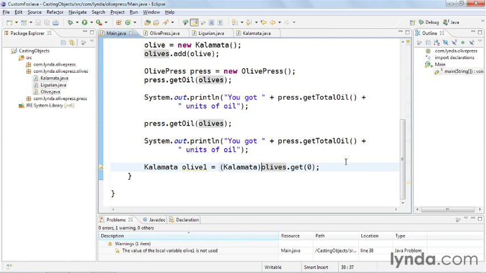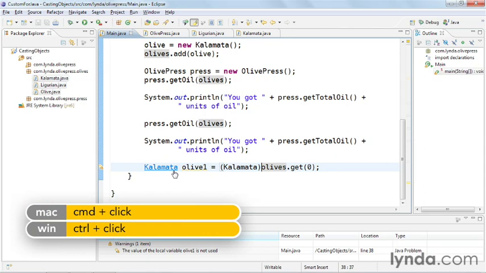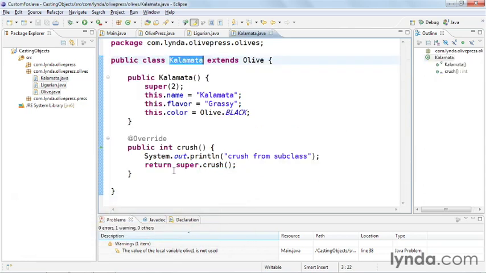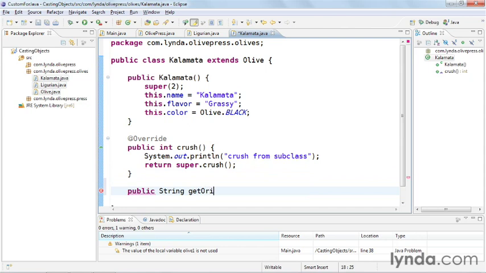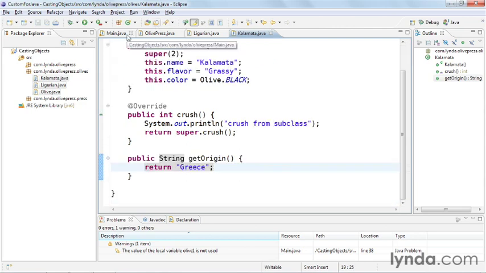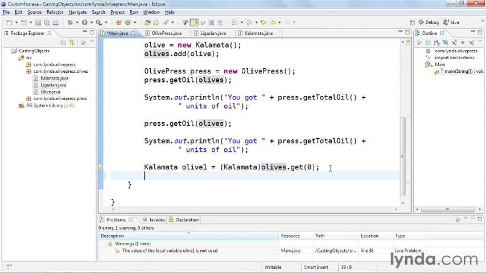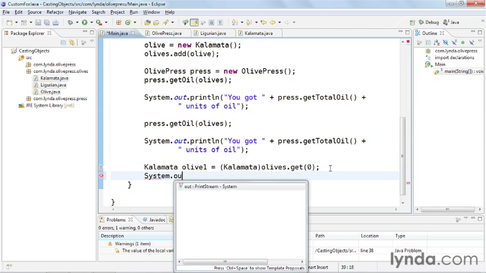So let's go ahead and add a little bit of specific functionality to Kalamata that's not available in all other olives. I'll hold down the Control key on Windows or Command on Mac and click the name of the class, Kalamata, and that takes me to the declaration of the class. I'll add a new public method into the class after the override of the crush method. It'll be a public method that returns a string, and it'll be named getOrigin. And I'll return a value simply of Greece, because that's where Kalamatas come from. I'll save my changes and go back to the main class, and then I'll output the return value from that method using a System.out.println command,